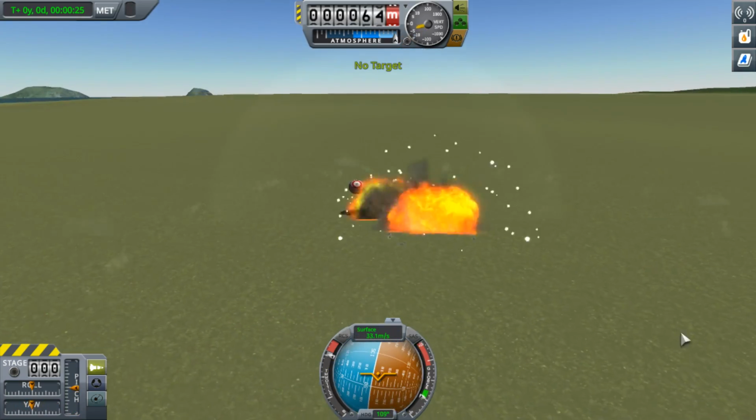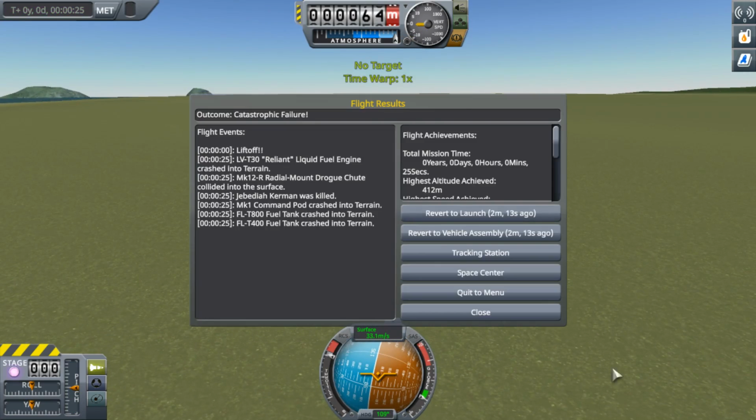The thing I would recommend would be to look at your nav ball. I'm going to pause that instead. It takes a little bit of getting used to, but I'll explain what it stands for briefly after we get back to the hangar. Make a couple of adjustments. I'll just show you that real quick. Won't take too long. Let's return to the vehicle, revert to